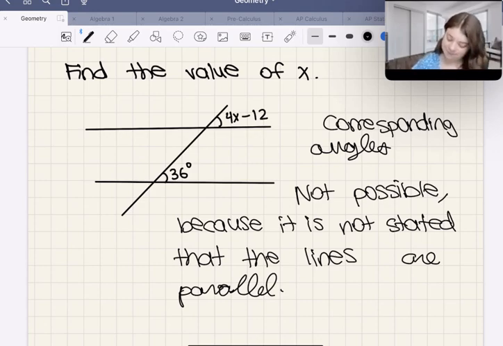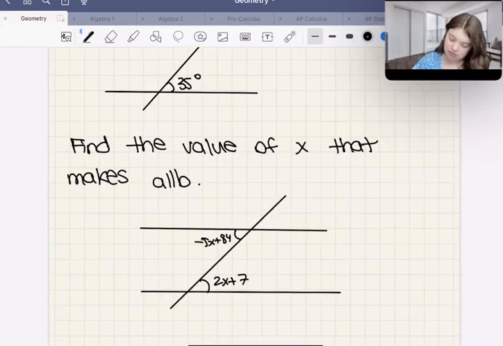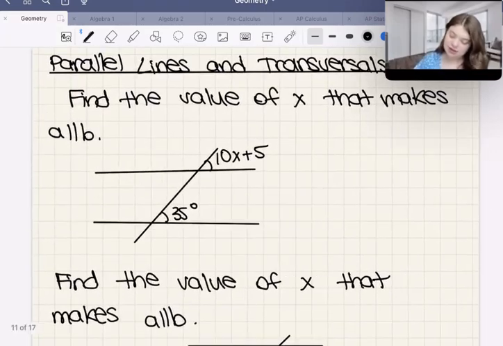Okay, let's move on to this next page. This next one says, find the value of x that makes A parallel to B. So here they're saying, hypothetically, if A and B were to be parallel, what value of x would make that true? And so in this case, we can say, well, if the lines are parallel,